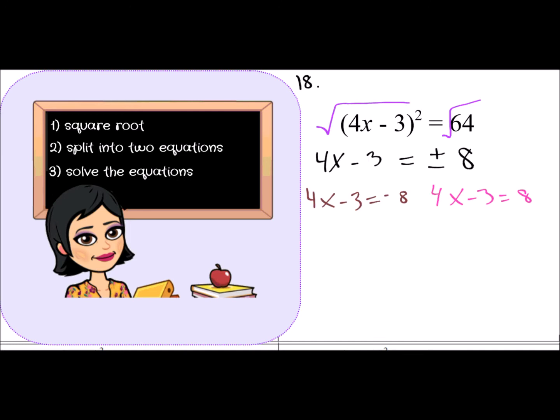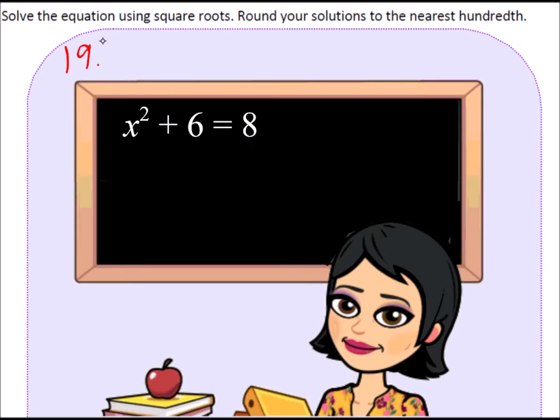Here's number 18. We're going to start with the square root. You're going to solve the equation using square roots, and you're going to round your solutions to the nearest hundredth. So first we're going to start with subtracting the 6 on both sides of the equal sign. That's going to give us x squared is equal to 2. 2 is not a perfect square. When we take the square root of both sides, we end up with plus or minus x, and then we get this value